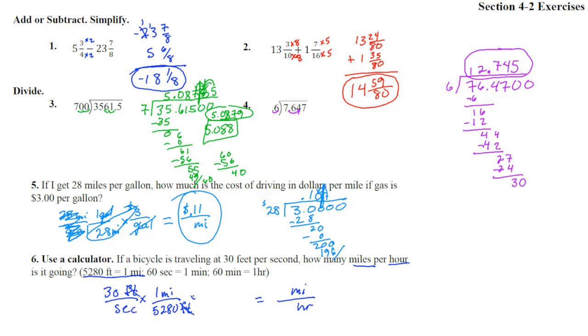So we have to change seconds into hours. Well, seconds can go into minutes. So we've got 60 seconds per 1 minute. And you can see what will happen. The seconds go and minutes are now there. So we're going to times by 60 minutes per hour. Right. And so if we have 60 minutes per hour, minutes will cancel and we'll be left with miles per hour. So we have 30 times 60 times 60 divided by